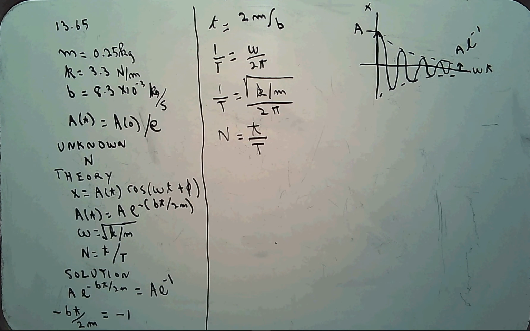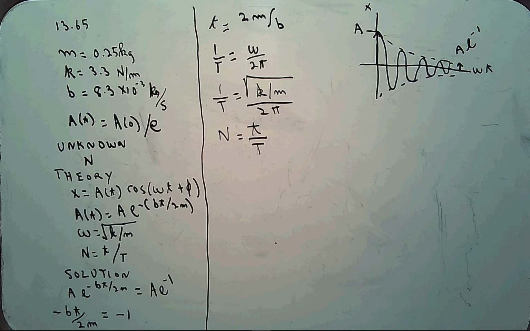In problem 13.65, you have a 250 gram mass that's mounted on a spring. It gives a spring constant, and it has a damping constant. And so this is damped harmonic motion. And what it wants to know is how many oscillations will this system undergo before the amplitude of the vibration